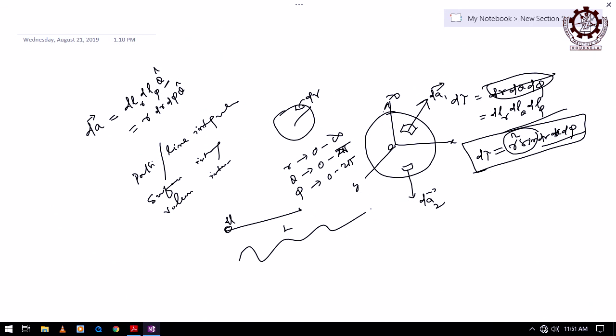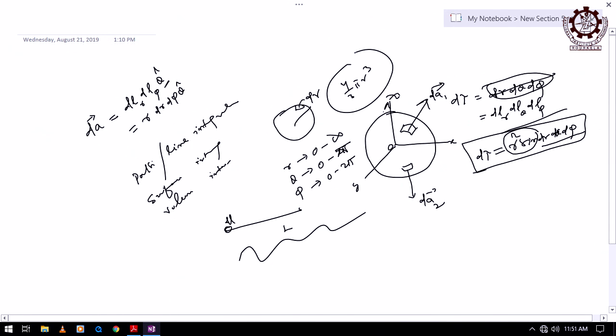Similarly, if it is volume, suppose you take the volume of the sphere, then it will be 4 by 3 pi r cube, right. Then what to do? You have to take an elementary volume first, a small volume, then integrate over the whole volume, that will give you this value. Then you have to go for what kind of integration? Volume integration, right. So, depending on the situation, you have to put the symbol.